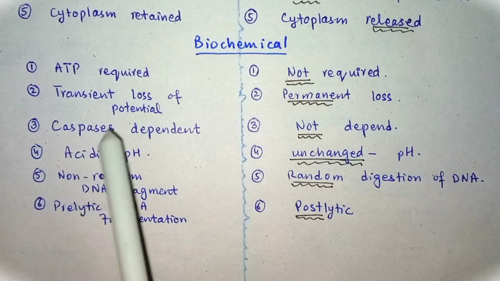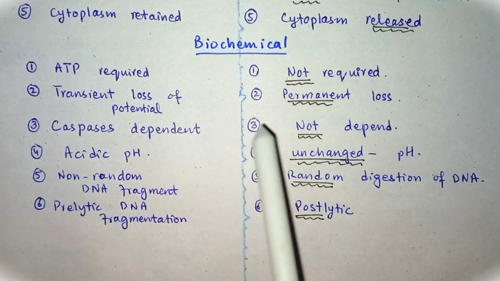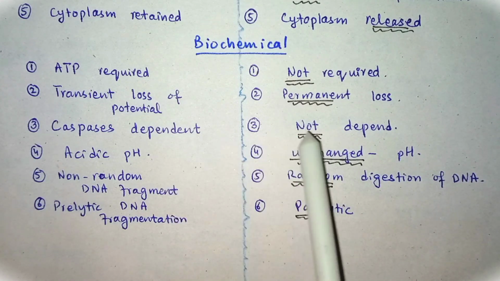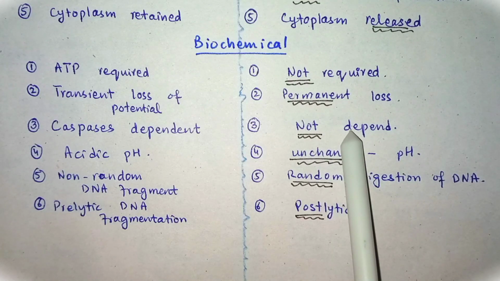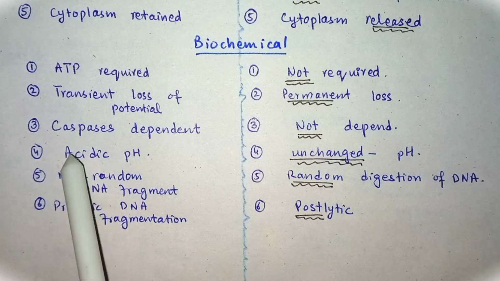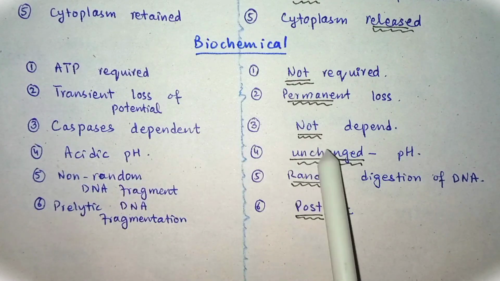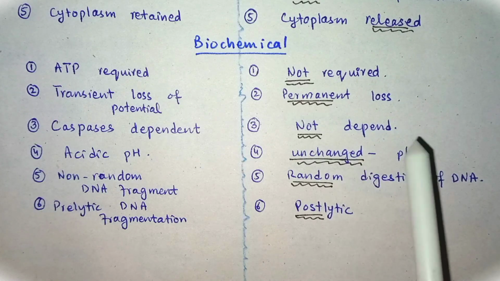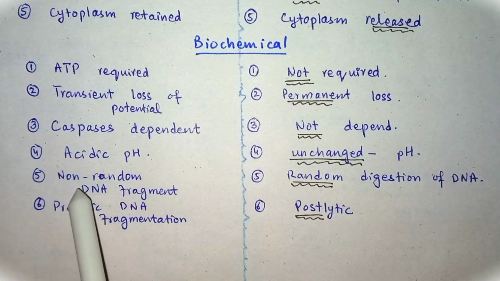Apoptosis is a cascade-dependent process. There is no link to a cascade pathway in necrosis, so it is not dependent on the cascade pathway. In apoptosis, the pH of the cell is acidic, but the pH of the cell is unchanged in necrosis. In apoptosis,